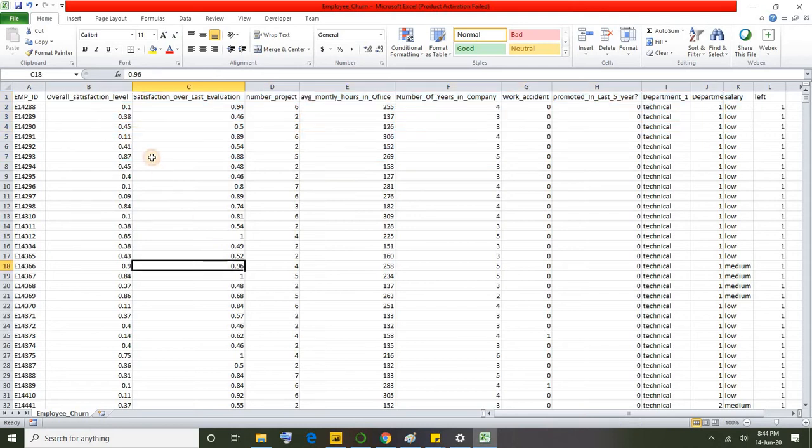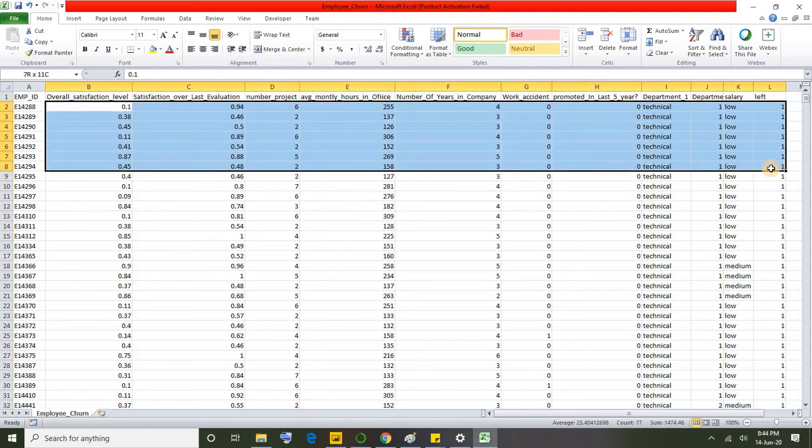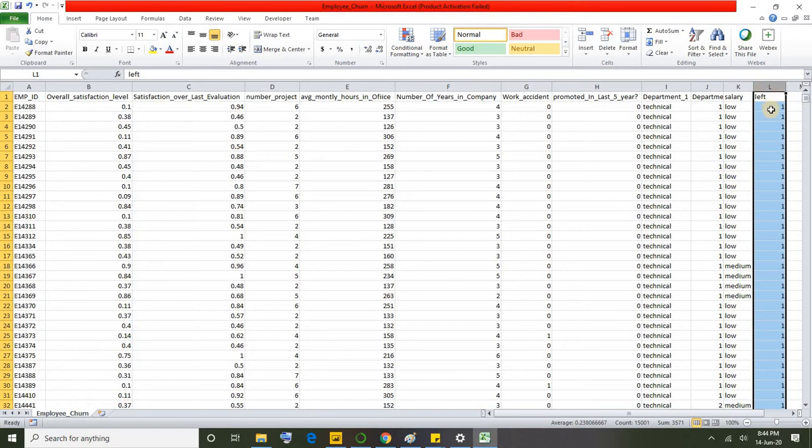Now as I said, the problem statement here is that I'm going to use this dataset to predict employee churn. Here the outcome is either 1 or 0, right? If the expected outcome is either 1 or 0, or yes or no, classification algorithms are the best fit for such types of problem statements. Here as we are predicting only either 1 or 0, the best fit would be classification algorithms. Again, under classification we have many other algorithms available, but the best fit algorithm for our requirement here is decision tree. Let's use the decision tree algorithm and get the prediction done.